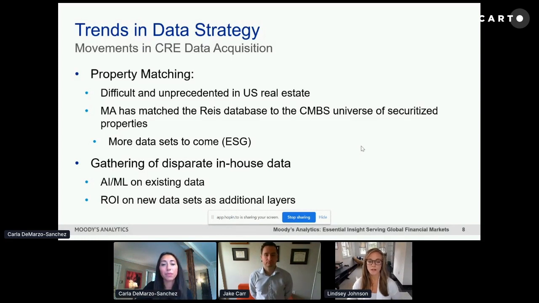And to continue on that trend, we've noticed with our clients trying to do something similar to what Moody's is doing internally, which is really doing a deep dive analysis on what data exists in-house, what data assets you have, how you normalize and cleanse the data, create a golden copy, map it all to each other, and then finally have the ability to reuse this data to increase your ROI on these massive data expenditures.